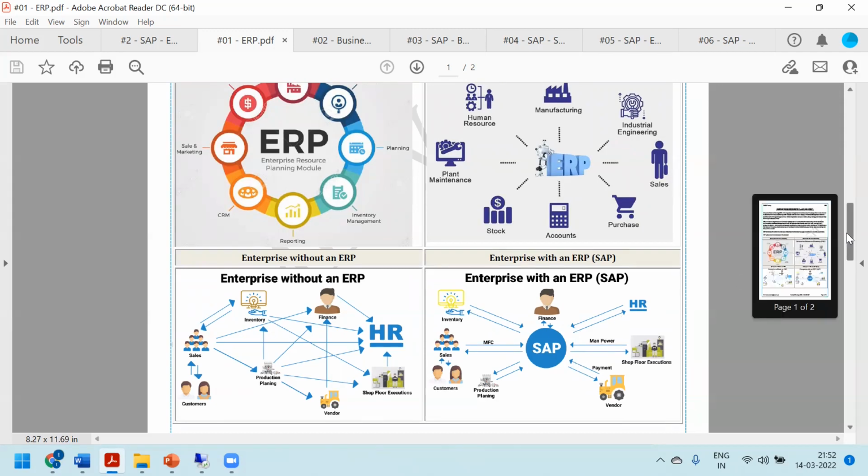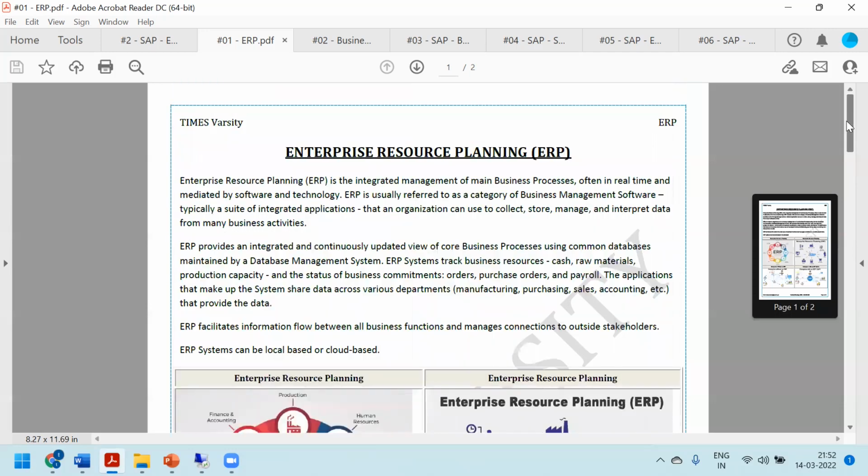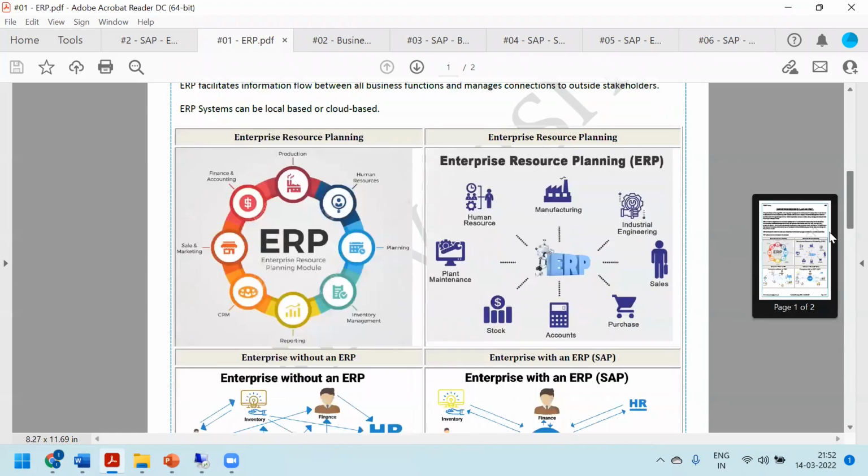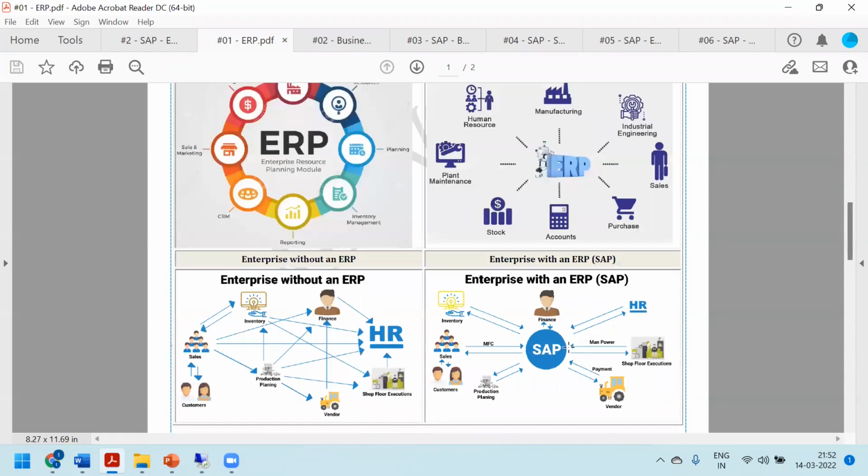So this is the concept of ERP, enterprise resource planning, which is a very generic term. ERP provides an integrated, and continuously updated view of core business processes using a common database. Integrated means they are linked together. As you can see here, we have a common database.